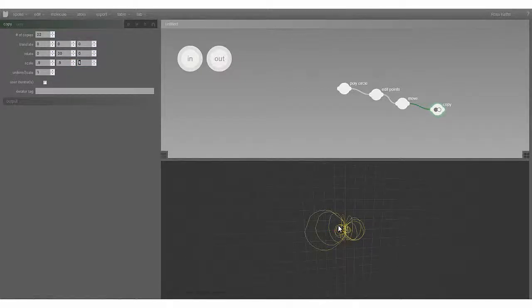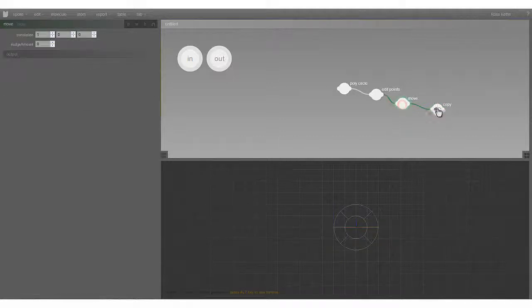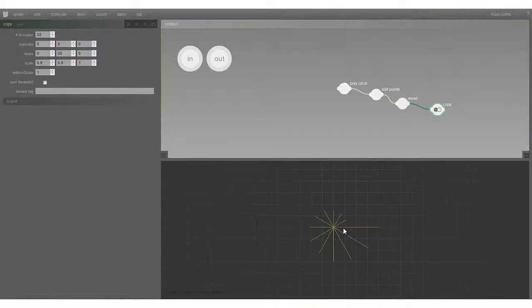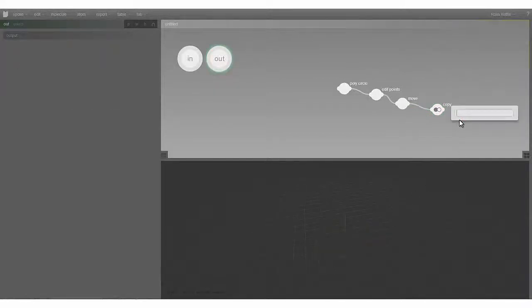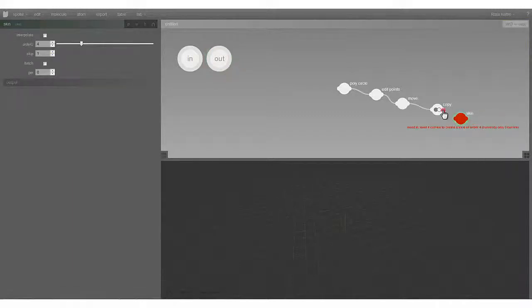I'm going to use some of the built-in orthographic views here to have a look at what this looks like. That's what it looks like from above. So I'm now starting to get this shell shape, and I'm ready to wrap a skin around this. Because I have a set of curves here, each of which has an identical number of points, I can wrap a skin around it just by creating a skin atom and joining that up there, and you can see now I've got a skin around that shape, and